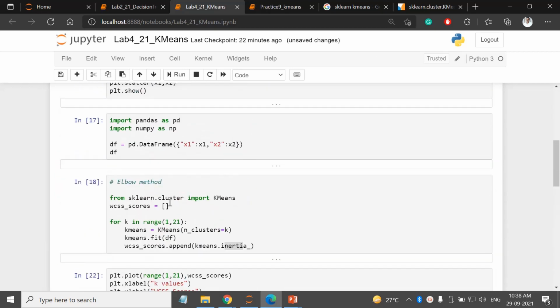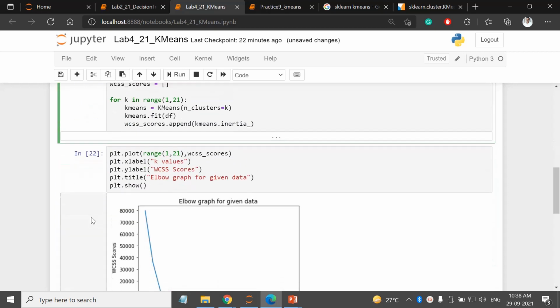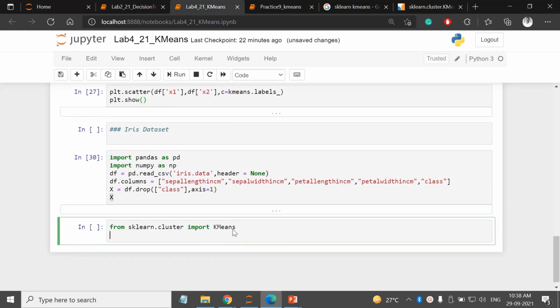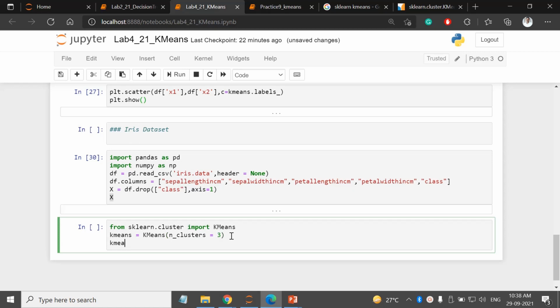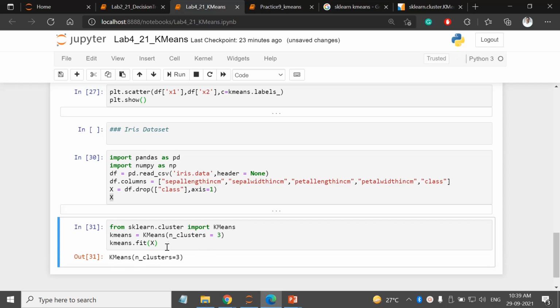You import the library, it is present here, then you create the object of that KMeans with n_clusters equals to 3. As I know the value of k, ideal k, I am writing directly 3. Then I can fit the data, it is already in the data frame, dot fit for x. So the object is created, the data is provided. That's it. The k-means object is created.